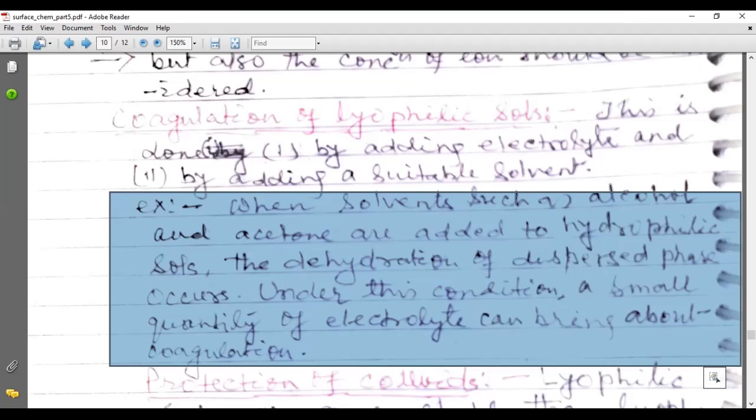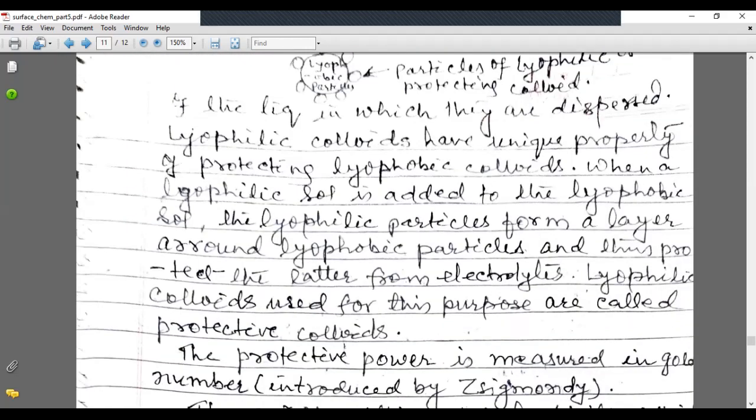The protection of colloids is the next topic. Lyophilic sols are more stable than lyophobic sols due to the fact that lyophilic colloids are extensively solvated. That is, colloidal particles are covered by a sheath of the liquid in which they are dispersed. Lyophilic colloids have a unique property of